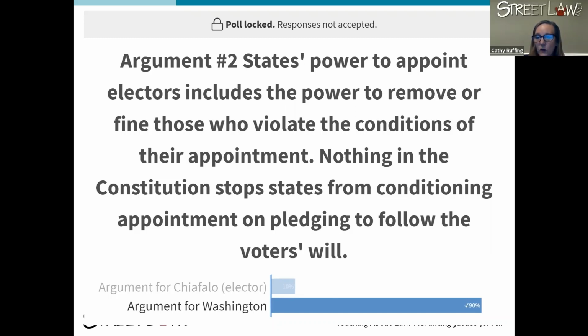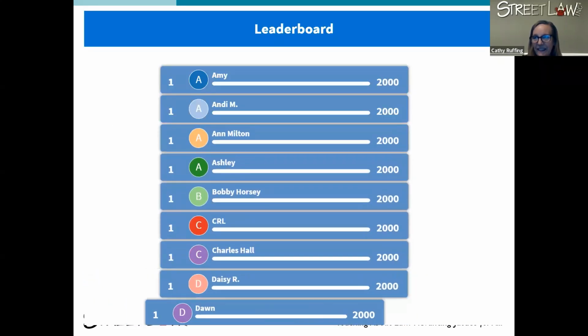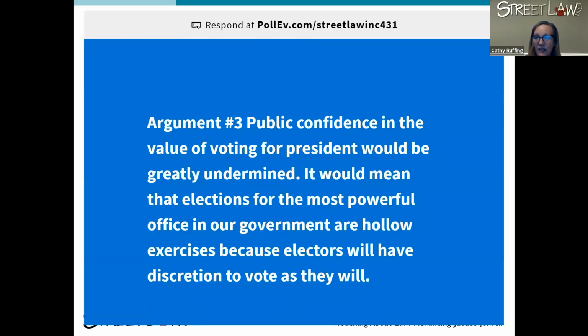A little foreshadowing, you might want to take a look at this argument: nothing in the Constitution stops states from conditioning appointment on pledging to follow the voters' will. Okay, new leaderboard, still lots of people in first place. We'll speed up a little bit, see if we can shake it up.